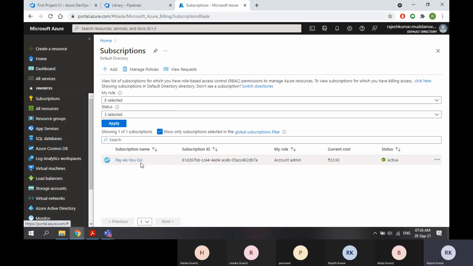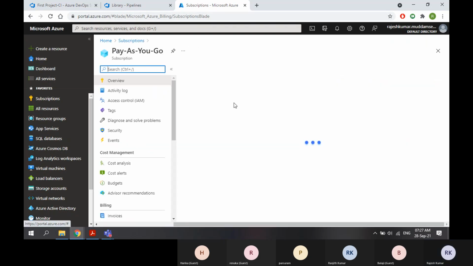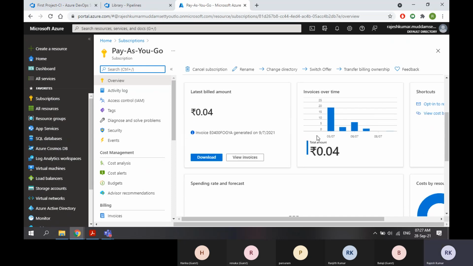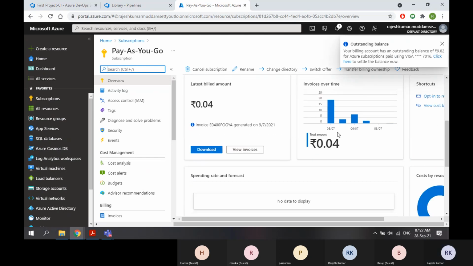So on both the cases, I crossed the limit. I created this account almost 3-4 years ago. First 30 days, I used it for free only. Even after 12 months also, I used some free services. Now I need to pay everything. Whatever I use inside Azure, I need to pay. Even here you can see, I'm paying some amount. I used some services, so I got some bill. There is an outstanding bill of 9 rupees.